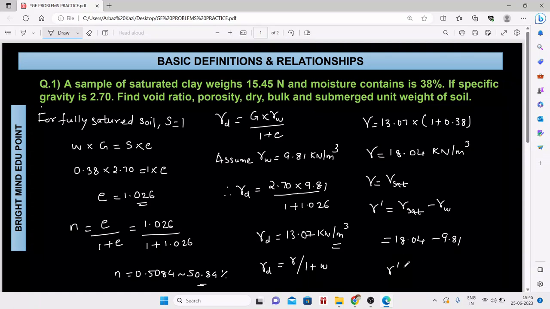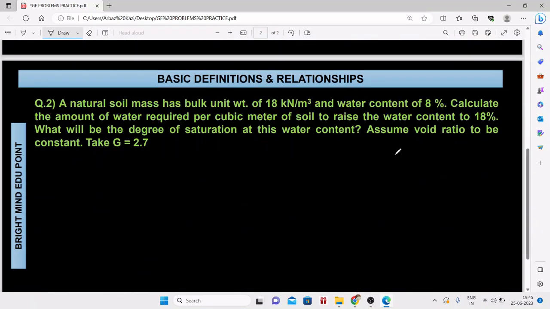On solving, we'll get the value of submerged unit weight as 8.59 kilonewton per meter cube. So this is the solution for the first question. Moving to the next question,